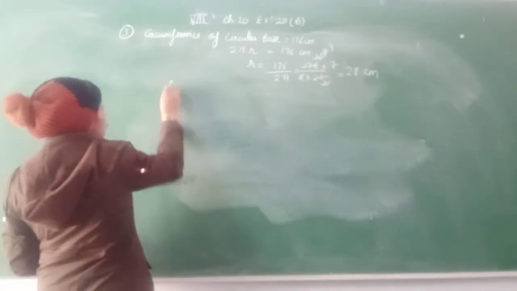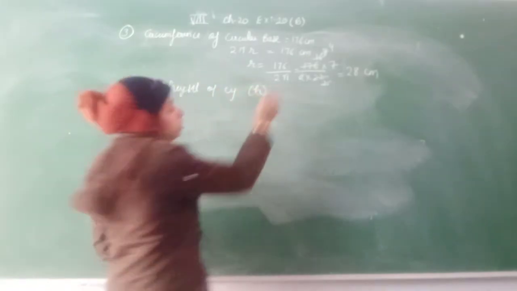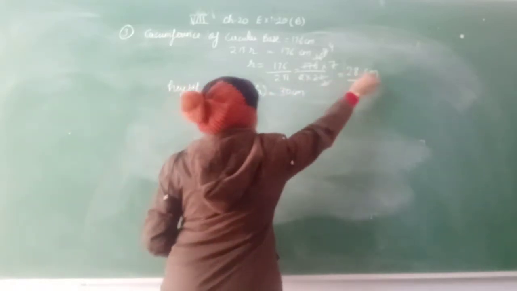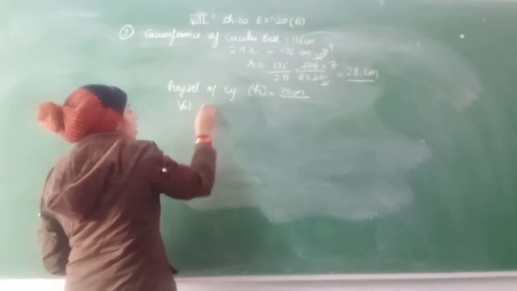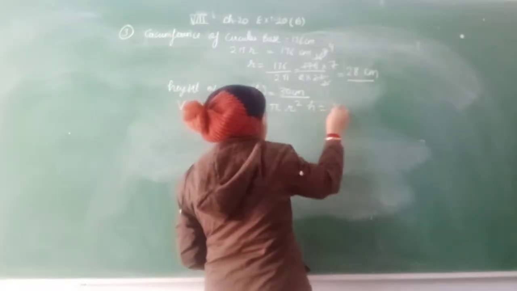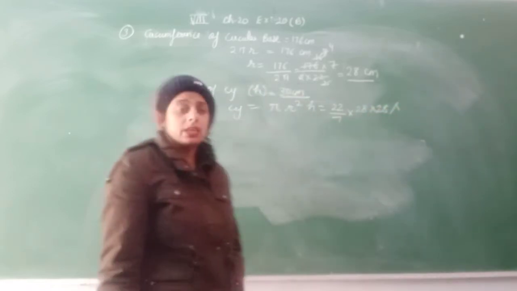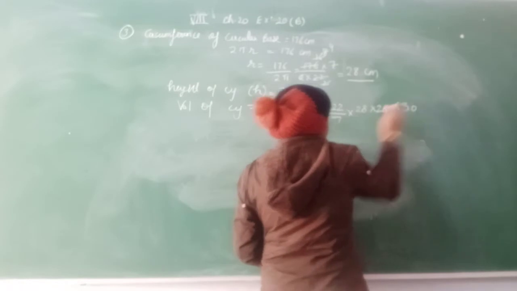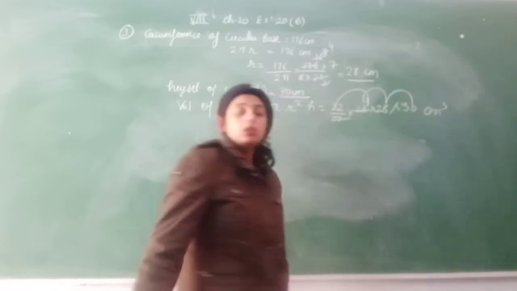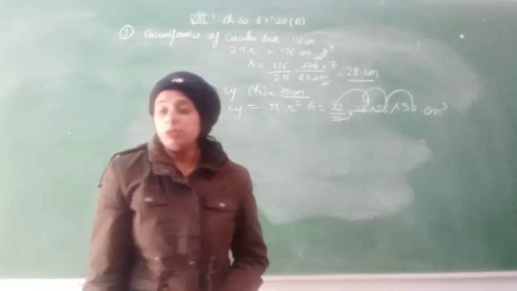Then you are also having the height of the cylinder, that is already given in the question, which is 30 centimeter. So now you are having the radius also and height also. So you can get the volume of the cylinder by using the formula pi r square h. So pi is 22 by 7, r is 28. So you have to write it 2 times because r square is there, and then write your height h, 30. So it will be cancelled. Multiply these numbers and get your answer in the centimeter cube, because height and radius both are in centimeter.